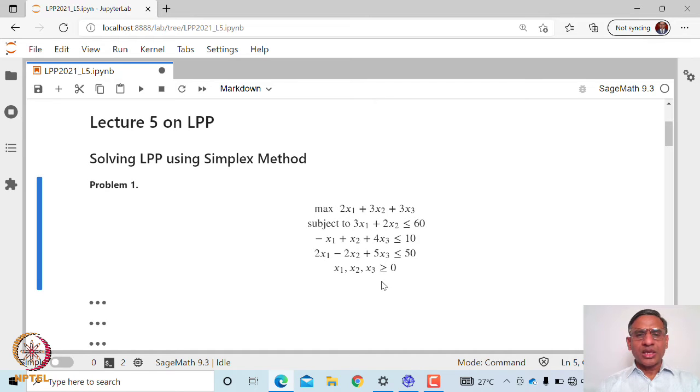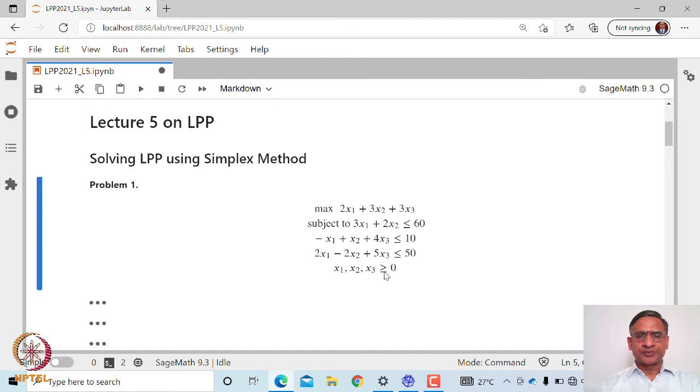variables. Now the first step in this simplex algorithm is to convert this problem into a standard linear programming problem, which is a minimization type. All constraints should be equality type, all the right hand side should be non-negative, and all the design variables should also be non-negative. Okay, now in this problem all the right hand sides are already non-negative and all the design variables are also non-negative. Therefore we do not need to make any changes for right hand side and also for